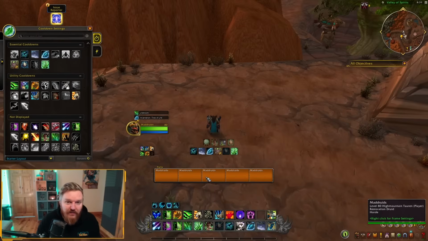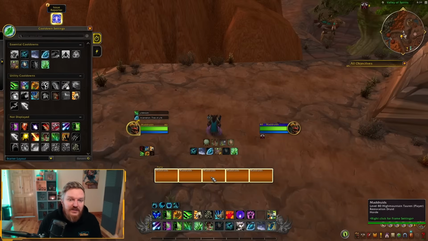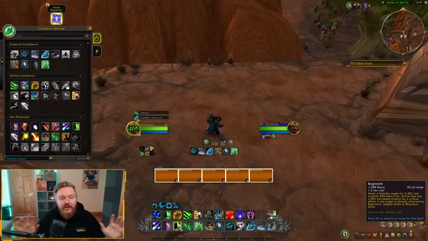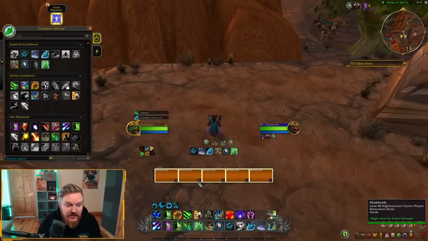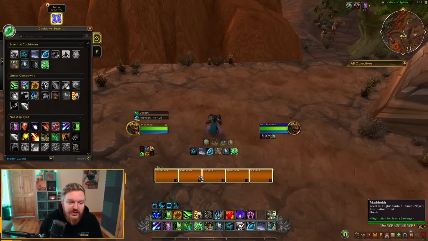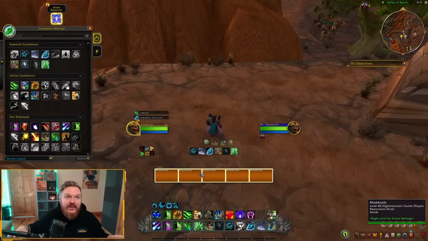But the default frames right now, as it stands, especially if you've been using Cell or Grid 2, or any of the tons of good add-ons out there, if you like to change the location of your buffs or your debuffs, for example. Even absorbs are not really shown properly on default frames. They just show this blue line at the end, and you don't even know the true value of the absorb, which can be a pretty big deal breaker if you're playing Discipline, or using absorb trinkets or whatever.